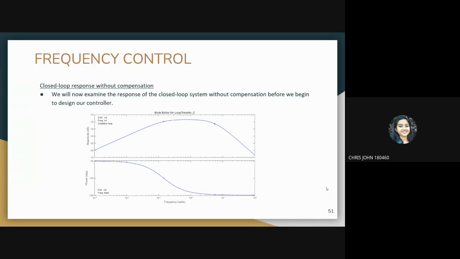For this, we will draw a Bode plot corresponding to the transfer function. Our system is a non-minimum phase system because we have a pole in the right half of the complex plane. We'll now examine the Bode plot. Here we can see that the magnitude is less than 0 decibel and the phase is greater than minus 180 degree for all frequencies, which is the instability criteria for a non-minimum phase system. Hence, our system is unstable theoretically.